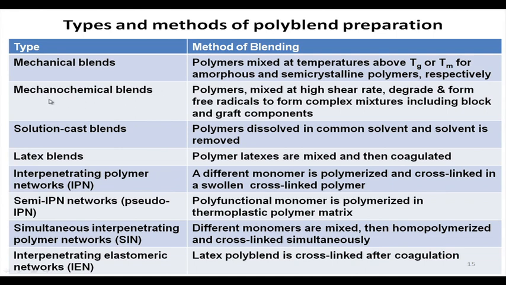Now, mechanochemical blending or mechanochemical blend is another class of polymer blend, which is prepared by simultaneous application of mechanical shearing as well as some chemical reaction. So, mechanical shearing and chemical reaction both help mixing of the component polymers, and they are mixed at high shear rate. The two component polymers are stirred at a very high shear rate, and the polymers degrade during such mechanical shearing,